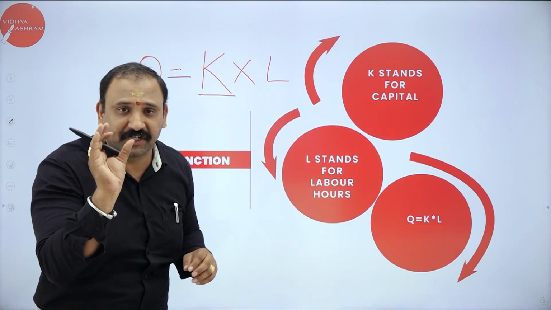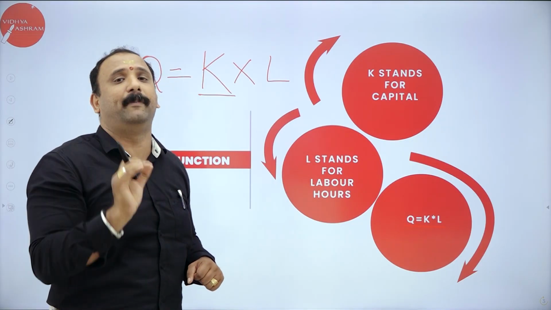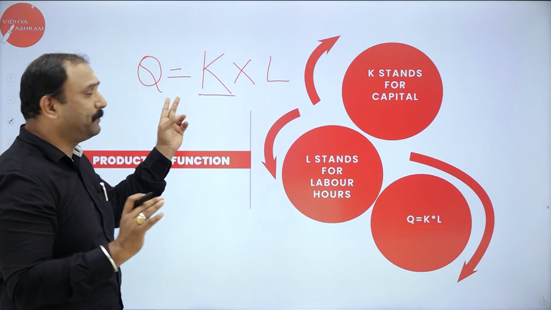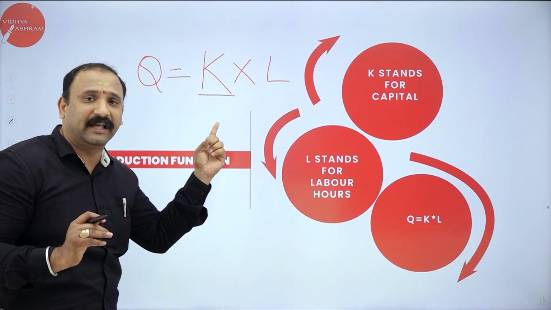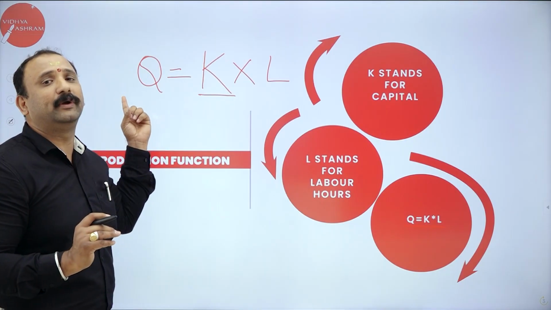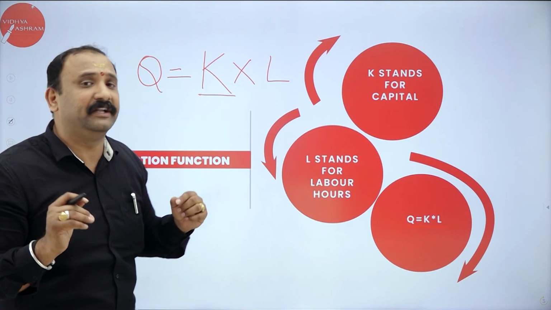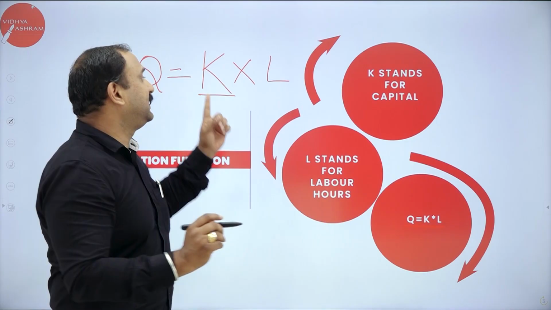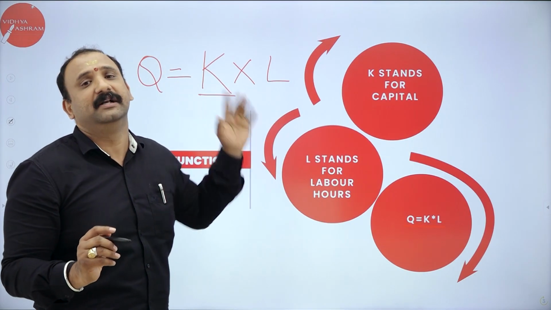So the production function is a very simple function that is going to tell you how we are achieving a relationship here. The relationship here is capital and labor. So when you multiply the capital into the man hours, that is the labor hours, you will be able to get the output quantity Q. So the production function, let me define it one more time. Quantity Q is equal to K into L, capital into labor hours. Moving forward,